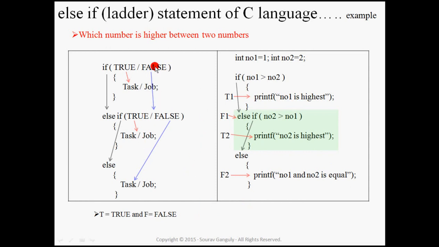This is called the if-else ladder. Till now we have seen that we did not put any condition against the else statement. Here we are putting a condition against the else statement with the help of an if statement. That means if this condition is false, then the cursor will directly come to this else section, and this condition will be checked. If this condition becomes false, then the cursor will directly come to this else section. If this condition is true, the cursor will come here. Now let's check.